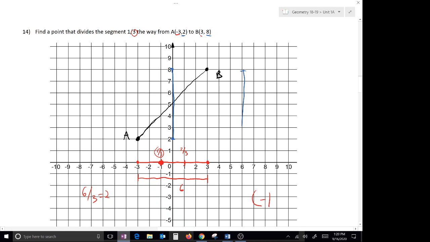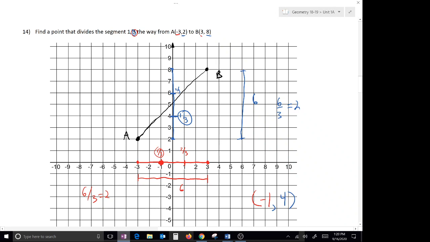That's a distance of 6 units. We're dividing that into thirds, so 6 divided by 3 equals 2. So we're going to divide that partition every 2 units. So starting at the bottom, going up, because we're going from A to B. There's 1. There's 2. So this would be 1/3. This would be 2/3, but we're looking for the 1/3 of the way. So our y-coordinate